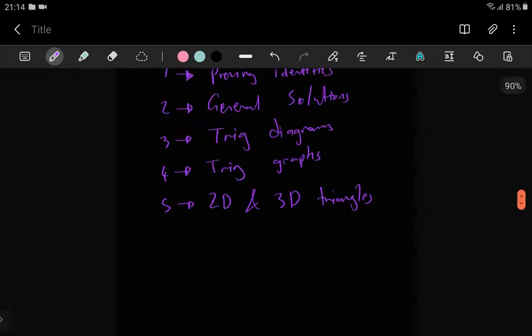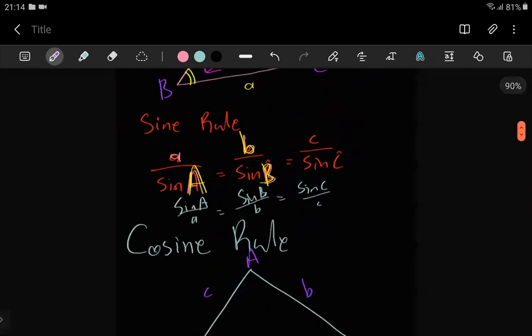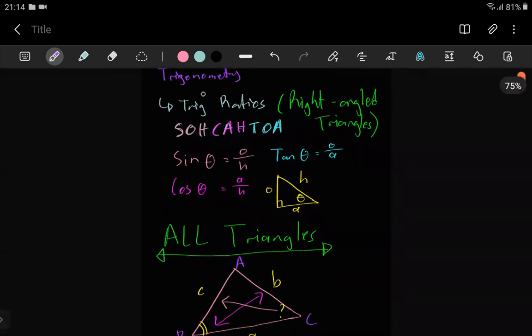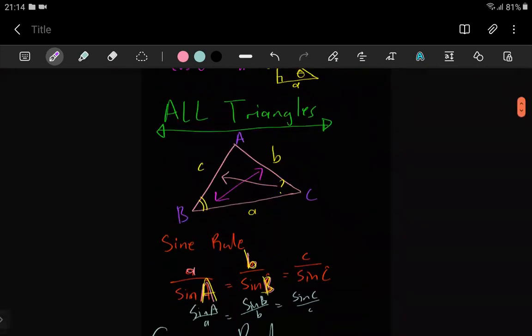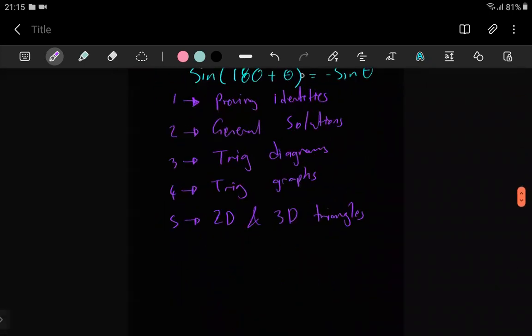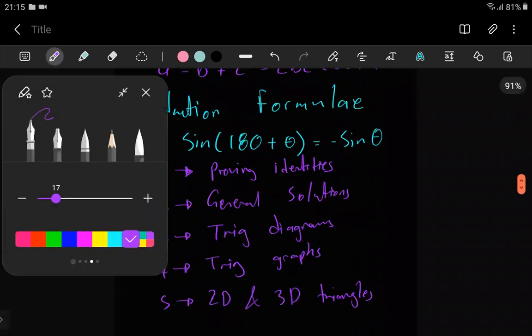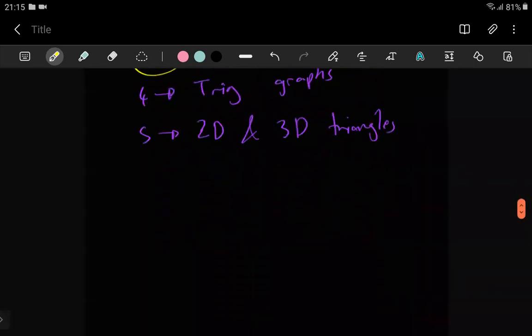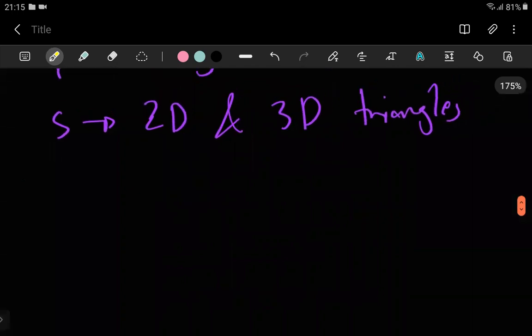With 2D and 3D triangles, those are the ones that deal with these 2 sets of formulas that we have spoken about: SOHCAHTOA, sine rule, and the cosine rule. You mainly use that for 3D triangles. So for literally everything else, where you have trig diagrams, general solution, and proving trig identities,